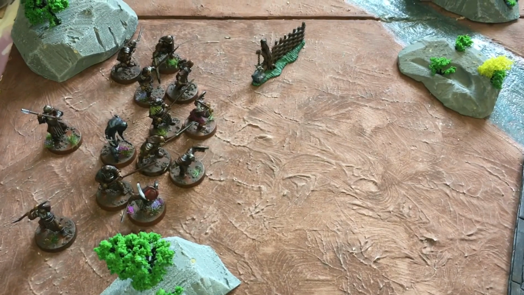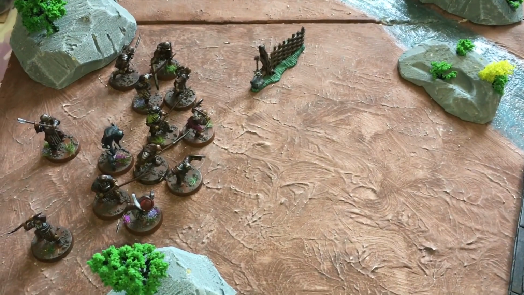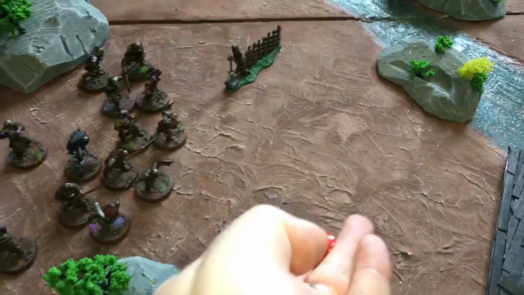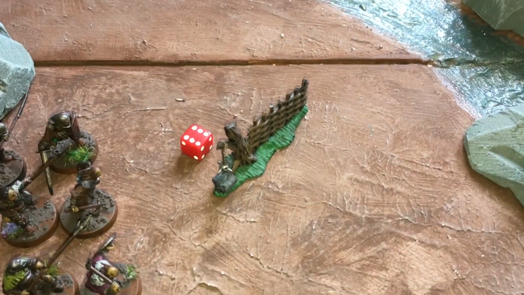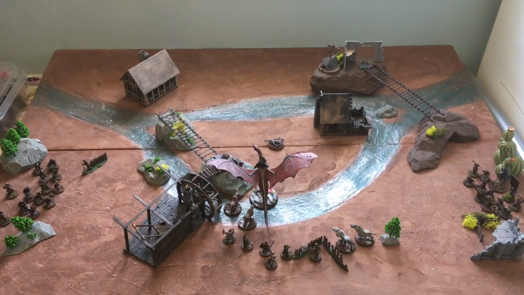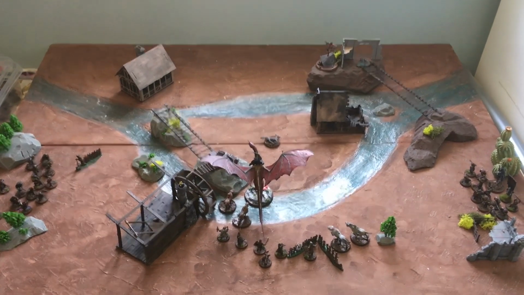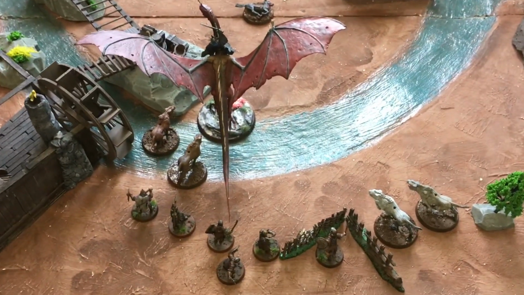With no might to affect the roll, the Barrow-wight has been forced to go at the opposite side of the board. Let's see where the Witch King is going to go. A 6, so anywhere he wants. So that is the end of deployment for the forces of evil, with the Shade on the right, the Barrow-wight on the left, and then the Witch King has come in on the centre,